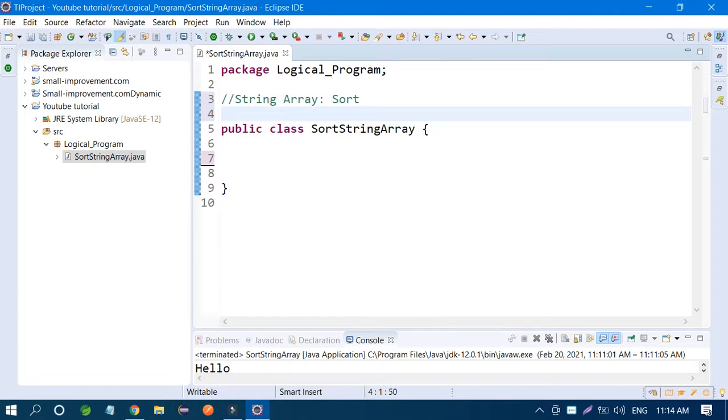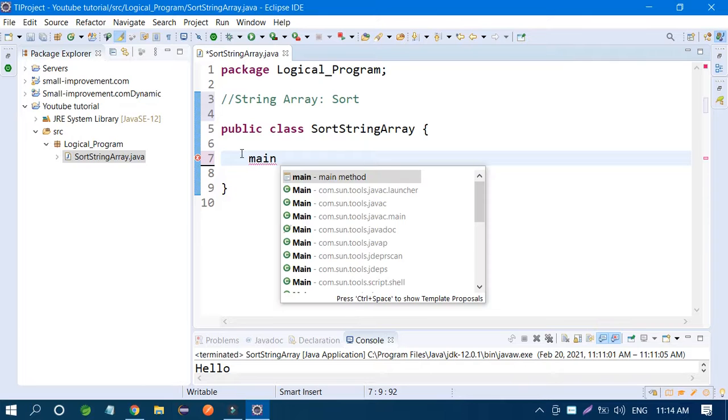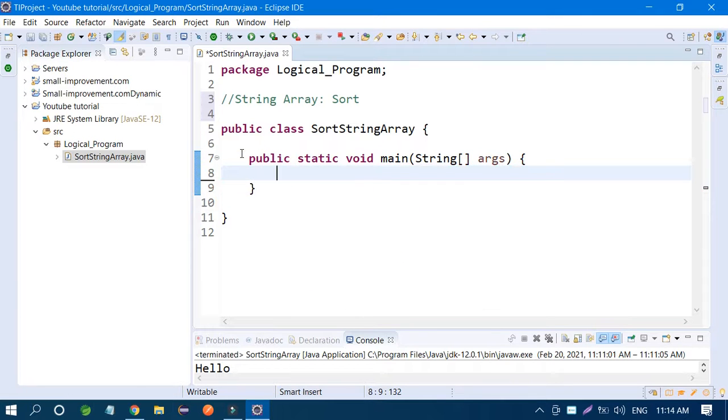For example, you have one string. First of all, I'm going to take one main method, and what is my question. Then after you can understand how you can sort it. First of all I'm going to take one string s,